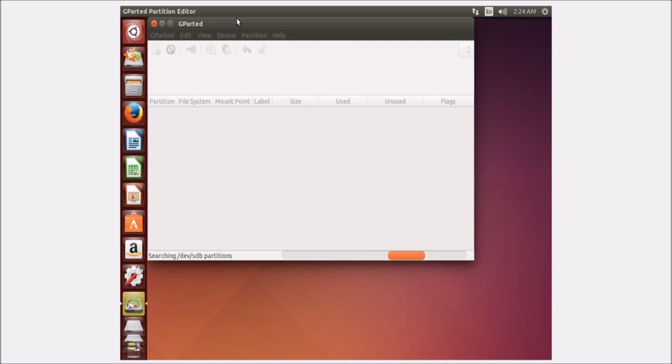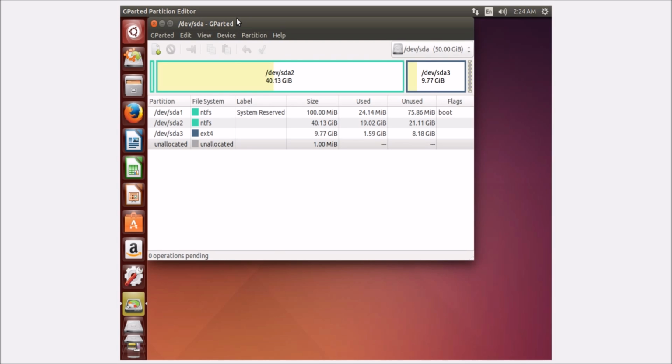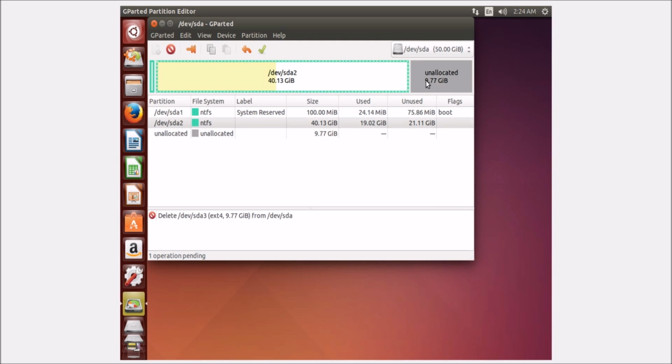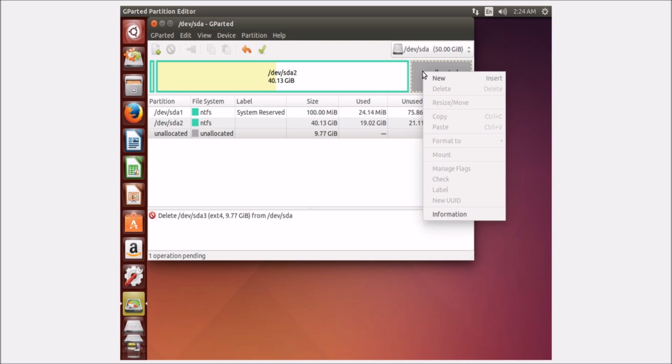So yeah, it's just loading now, and as you can see, I have my two Windows partitions here, and then this is actually, let me just delete this. That's what it'll look like for you. You'll have your unallocated Linux space here, and then you'll have your Windows partition. So what you're going to want to do is right click on this, and hit new,